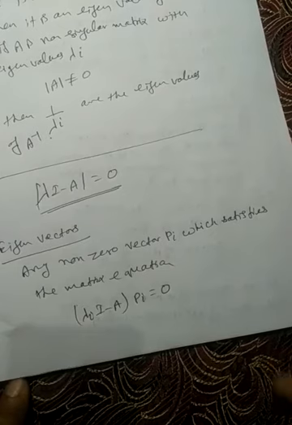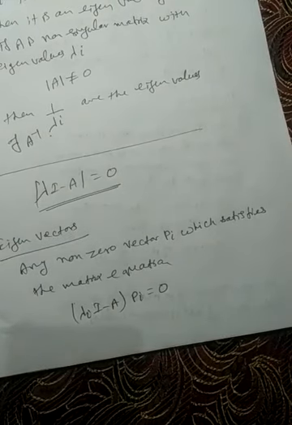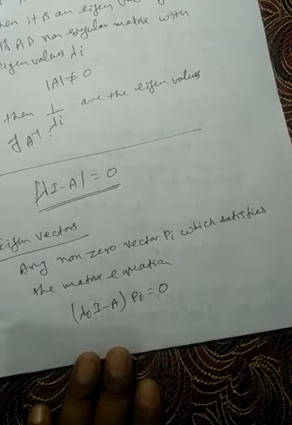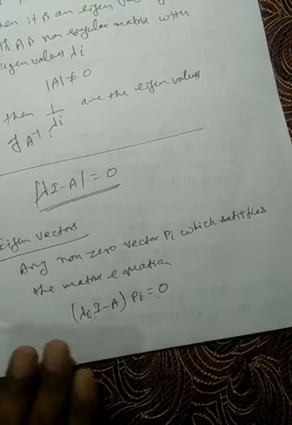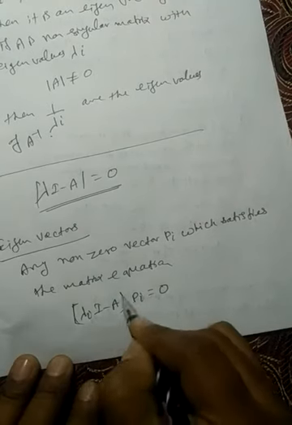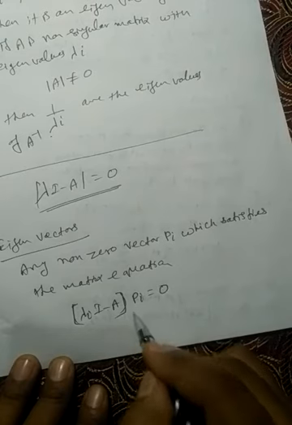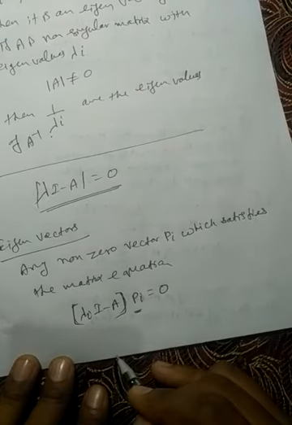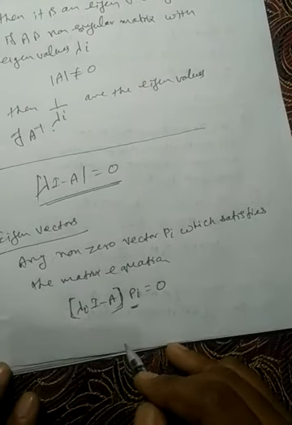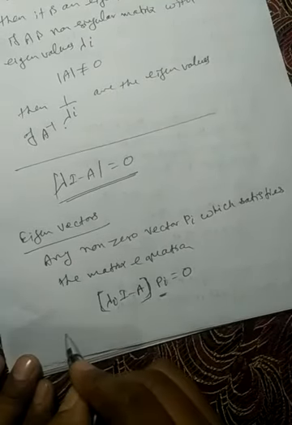अगर कोई नॉन जीरो वेक्टर पी है जो इस मैट्रिक्स इक्वेशन को सेटिस्फाई करता है, तो इसका मतलब है कि ये पी क्या है, आइगन वेक्टर्स, वेयर